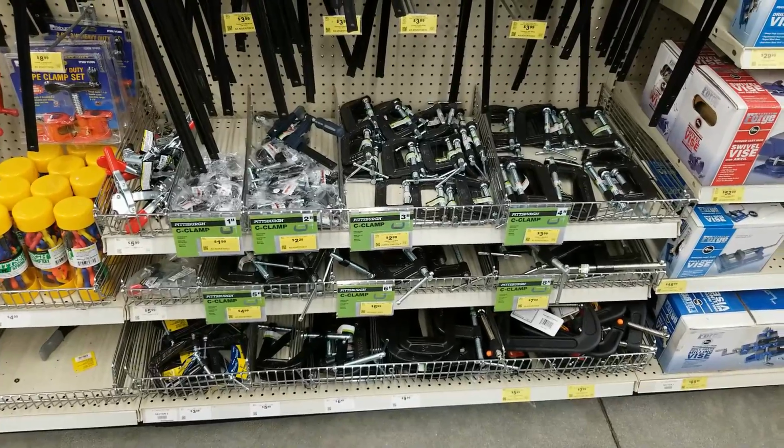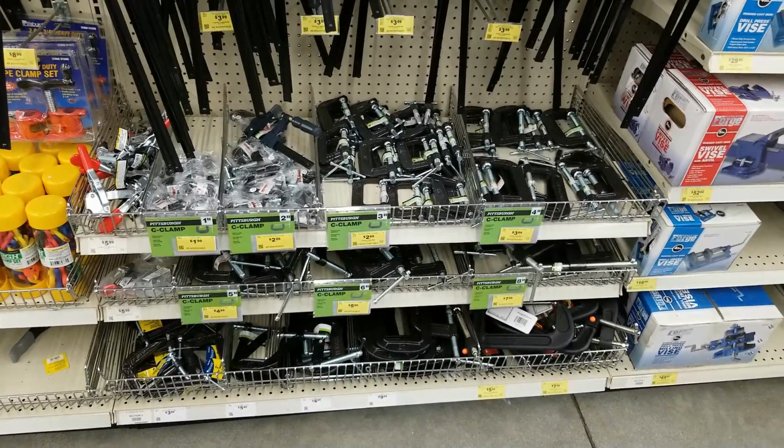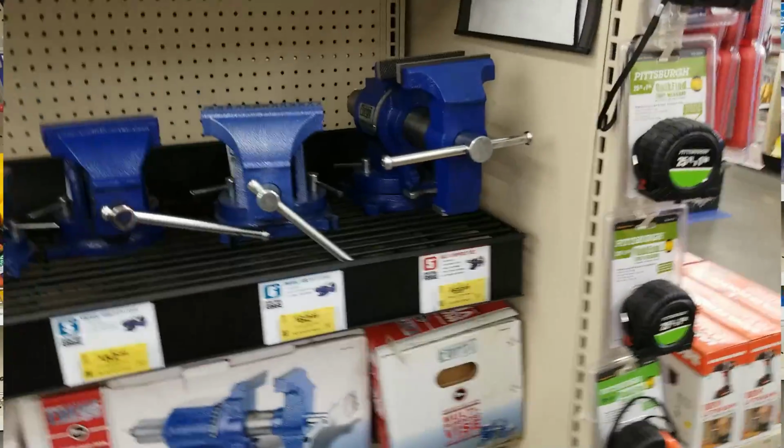C-clamps are going to be kind of a must for you in welding. They come in very, very handy. These are inexpensive, like I said, if you're just starting out. So you might want to...